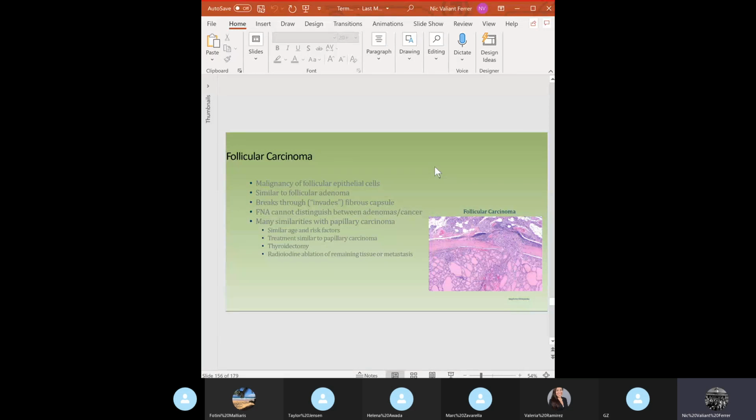Uno, popular, most common. Dos, psammoma bodies. Tres, palpable lymph nodes. So they spread most commonly by lymphatics, right? Cuatro, iodine. Cinco, positive prognosis. Seis, post-operative iodine scan to diagnose or treat metastasis. Siete,